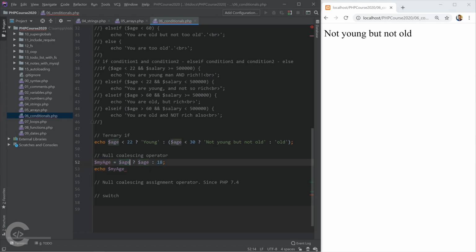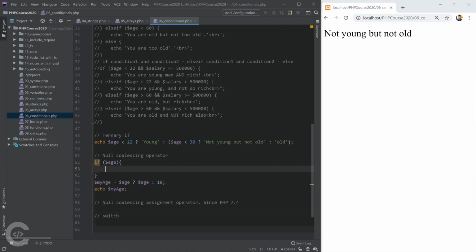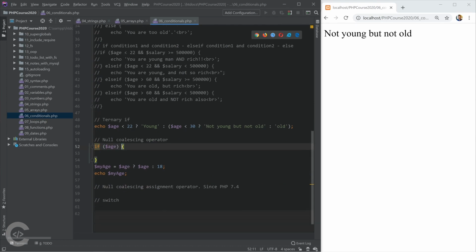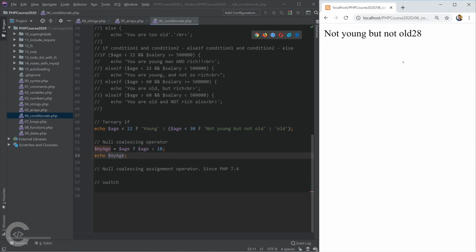Okay, inside if-else statements we can check variable existence, so we can skip the comparison operators and just write, let me show this to you right here. So if age, and that age will be evaluated either true or false. That will be converted into Boolean. Age is some number, obviously it exists, and it will be evaluated into true. So here my age will be printed and it will be 28, but since PHP